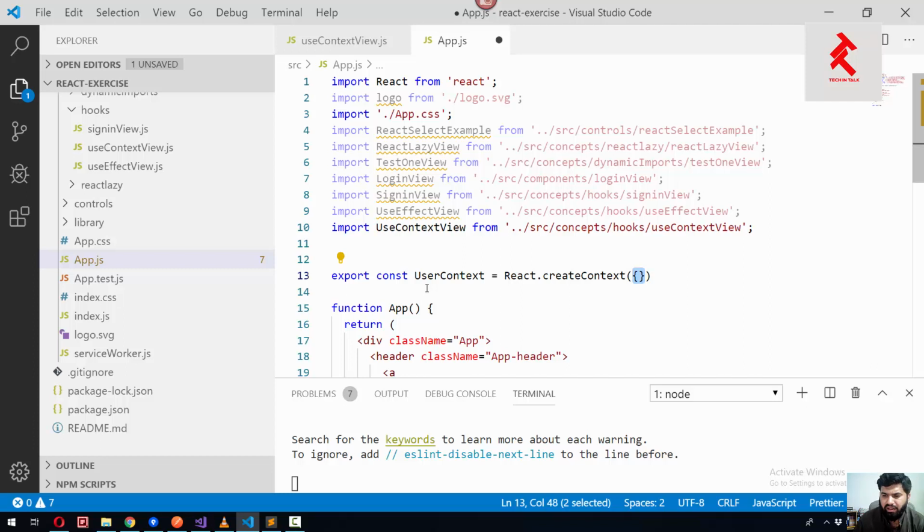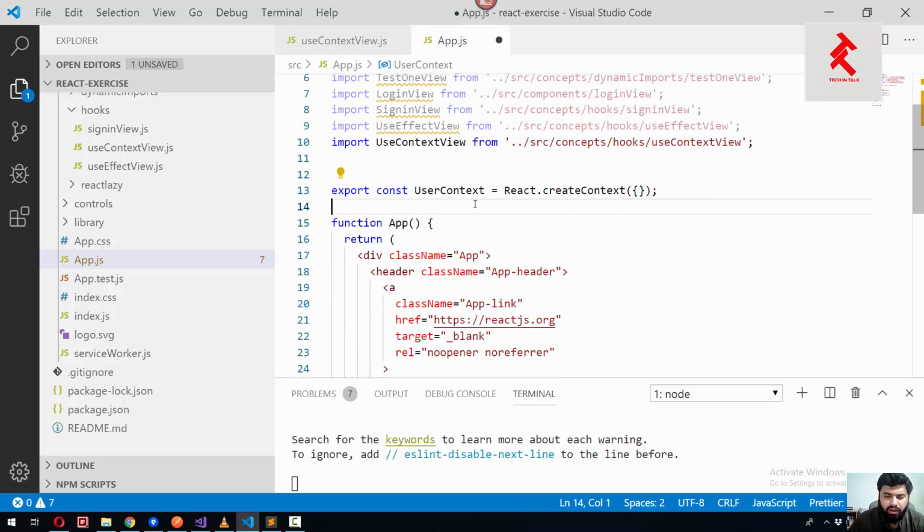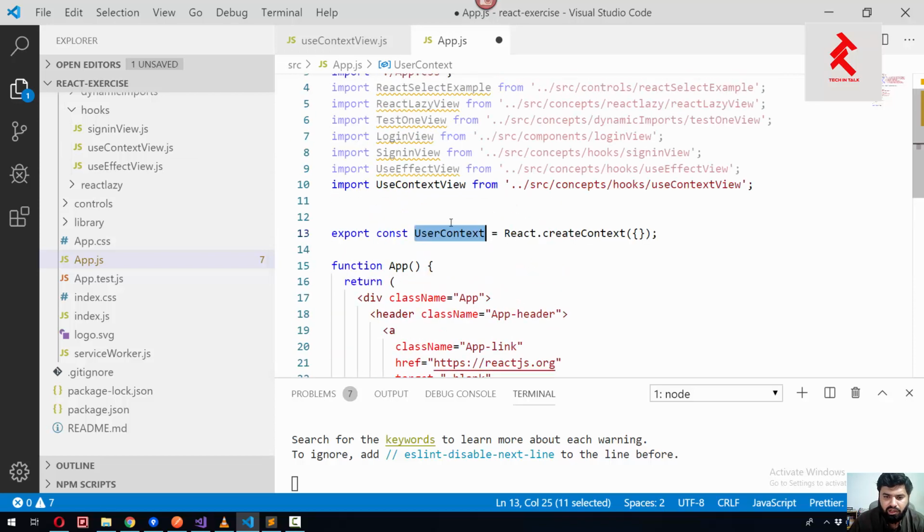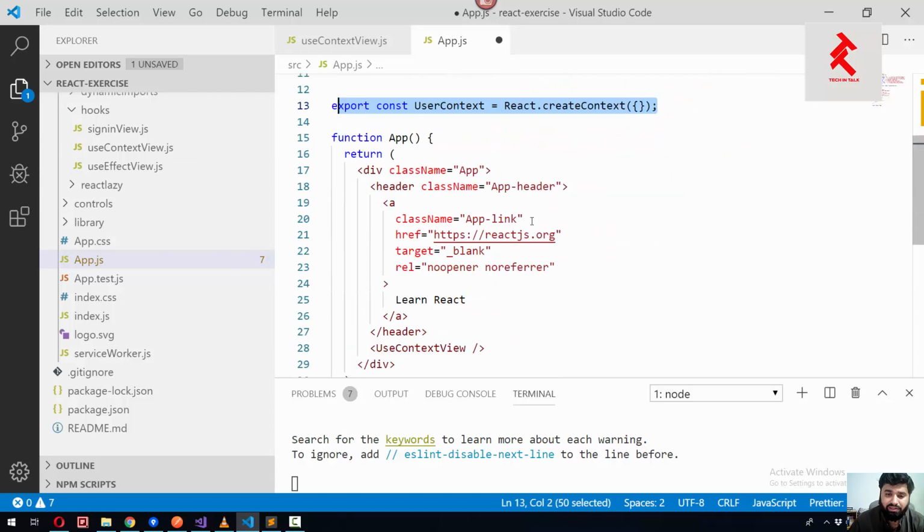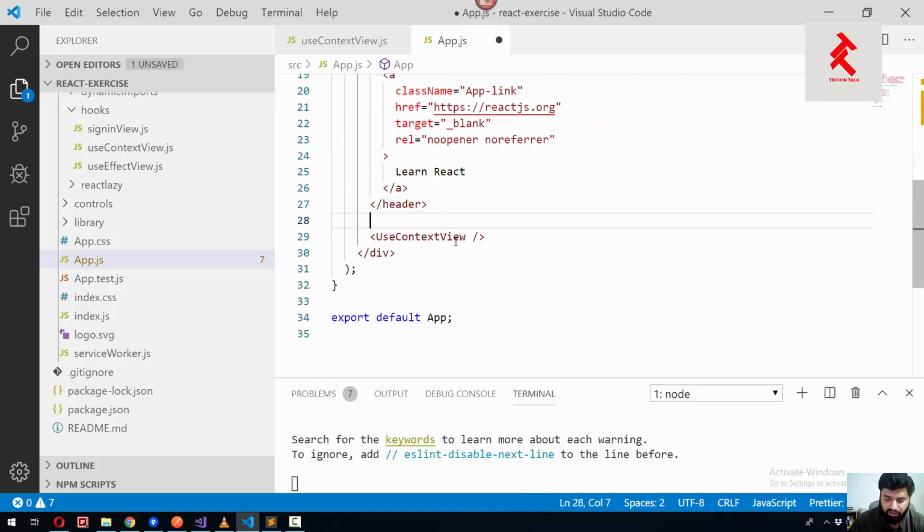We can pass null here as well, or we can pass a complete object. Let us pass the empty object for now, and we also exported that context so that it is available throughout the application and we can just import it and use it. So we are creating that context here, and for setting it, we will set it right here